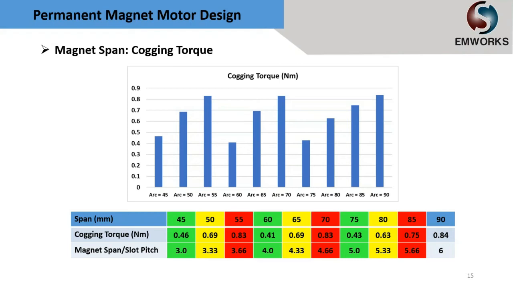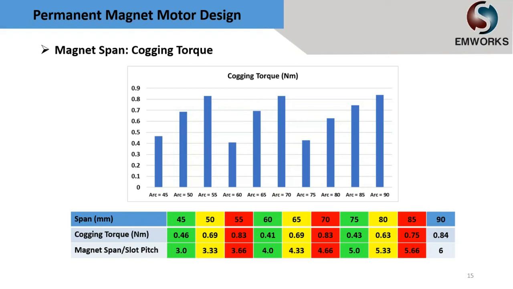Based on the result, for magnetic spans of 45, 60, and 75 degrees, where the ratio of the magnetic span to slot pitch is an integer number, like 3, 4, and 5 respectively, cogging torque has a minimum peak value, which is around 0.4